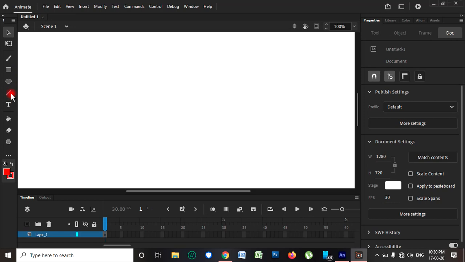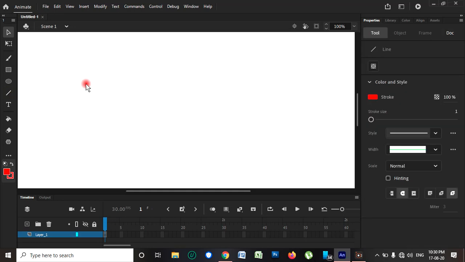You know that it is used to draw a straight line. And it also has a unique function: by using the line tool we can make a curved line too. Now see here, we just click on the line tool. After clicking the line tool, this type of cursor will display, and we click here and leave it.